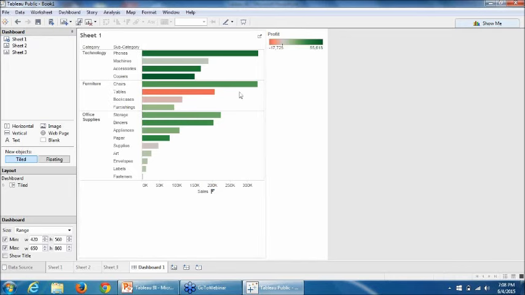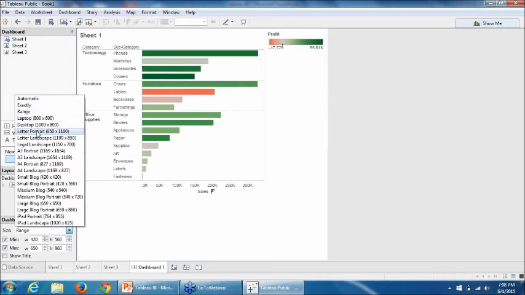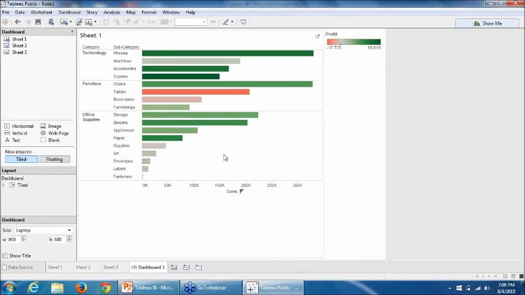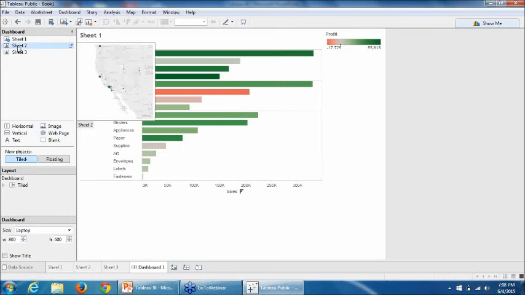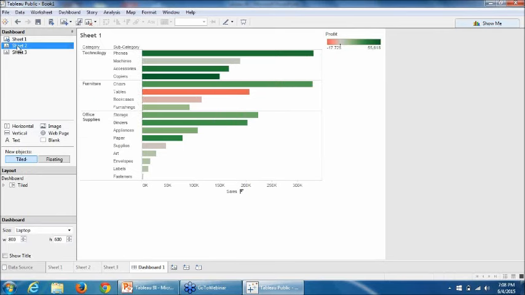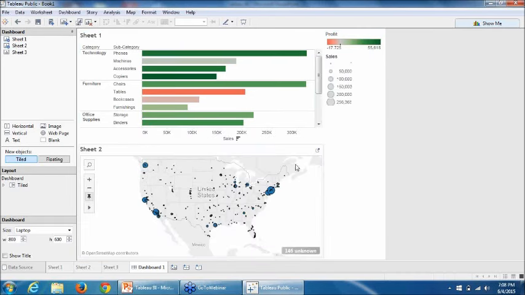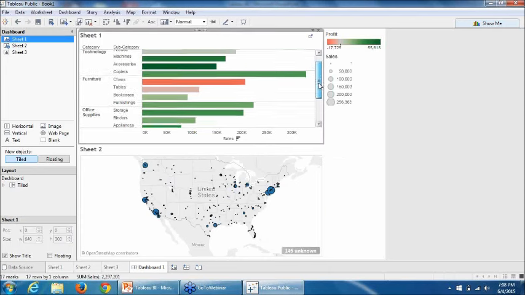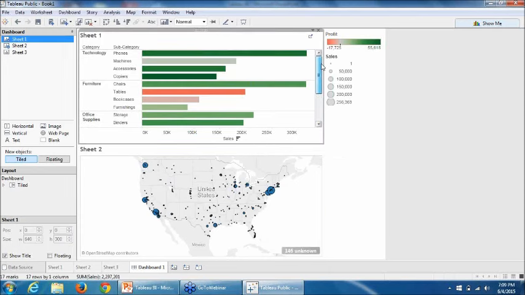I just dropped it into the screen. I'll adjust the width according to the laptop. So I am able to have a couple more sheets inside it. So let's say if I drop this sheet 2 as well, right? I have another one, and automatically the top one gets adjusted, right?